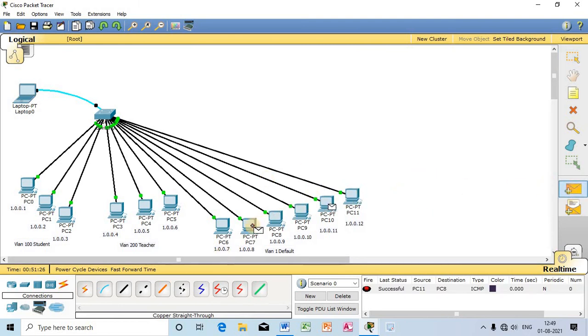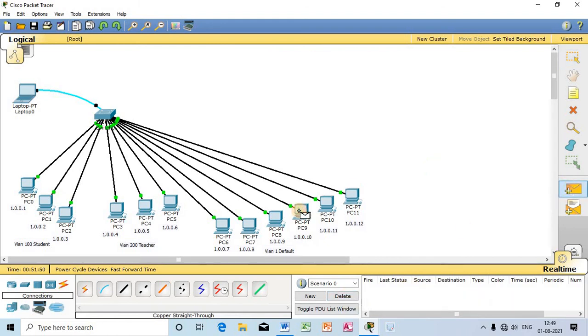You can watch out. All the computers I connect will fall under the default VLAN, because I have assigned just 6 ports, and these 6 ports are already connected with 6 computers. So now all other ports belong to the default VLAN. If I connect any further computer, it will fall under the default VLAN.